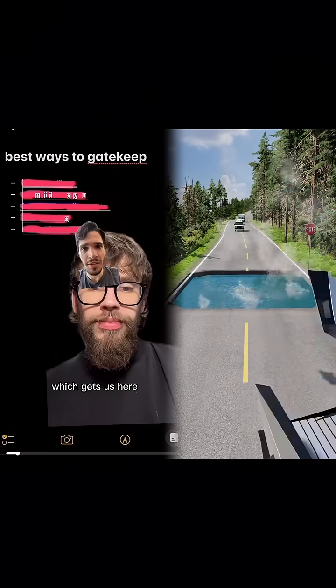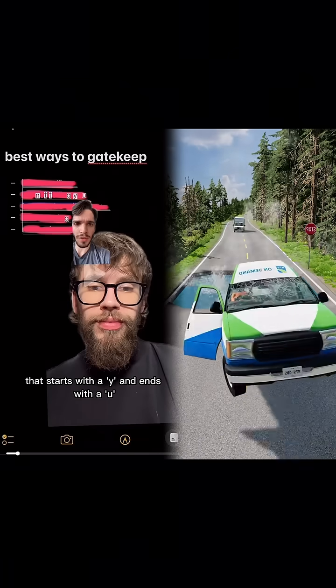Only a T curves at the bottom like these two letters. This letter over here has to be an N. Here we can see the bottom of a G over here and over here. If you look very closely right over here, you can see what has to be the bottom of a Y. The only letter that this can be the right half of is U, which gets us here. This three-letter word over here that starts with a Y and ends with a U pretty obviously has to be